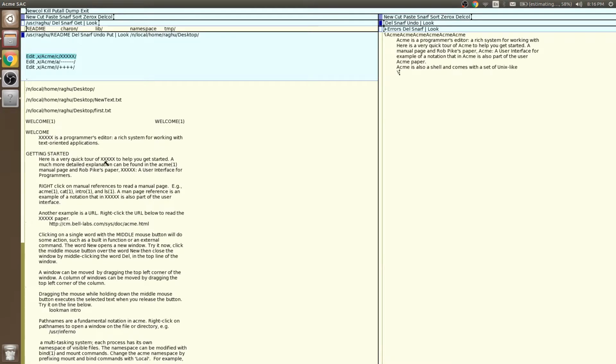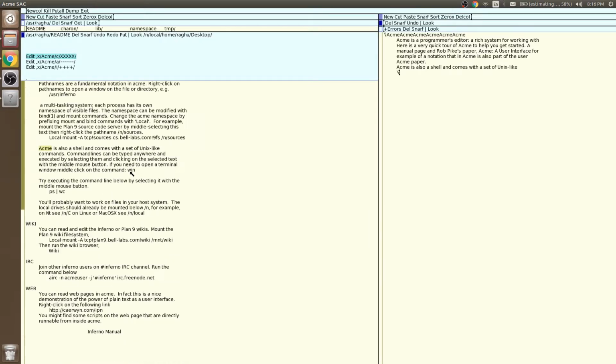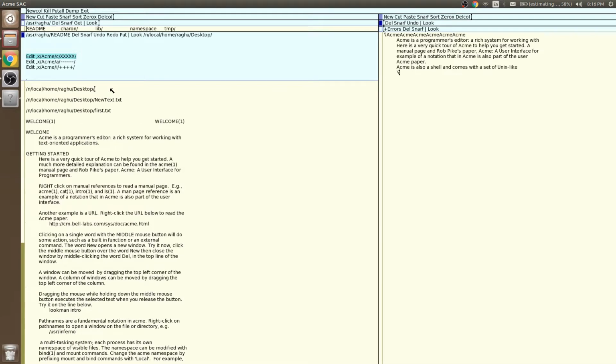Every occurrence of Acme is replaced with X. Undo, Control Z. If we want to append with a hyphen, execute the command. Hyphen is appended. If we want to prepend with plus, execute the command. Plus is prepended.